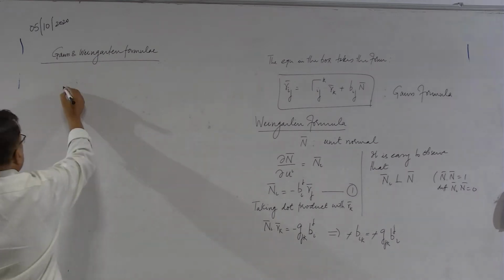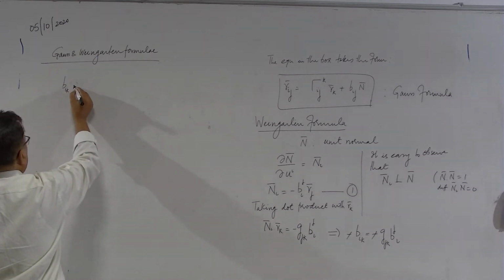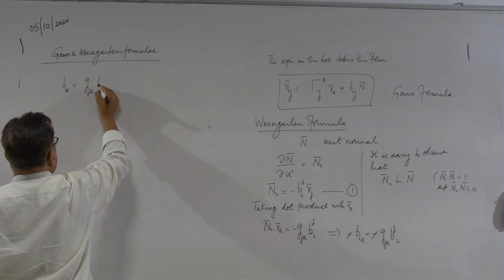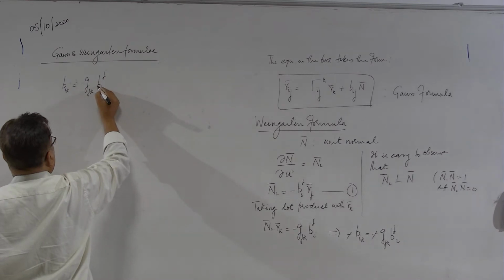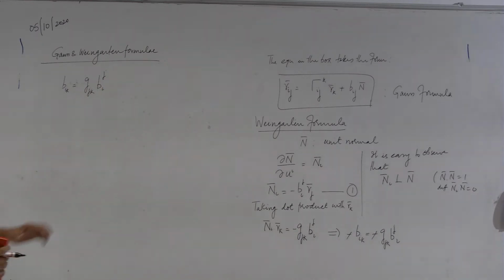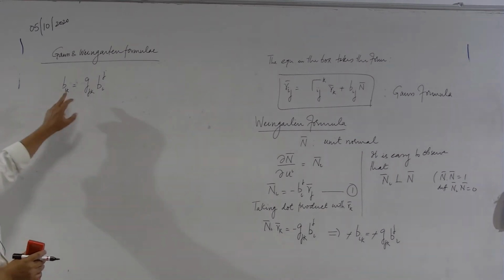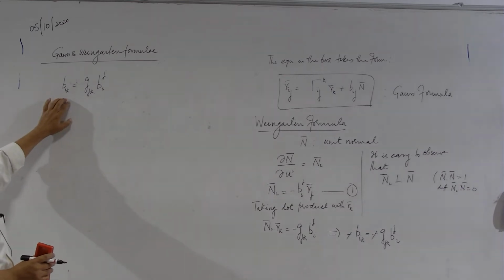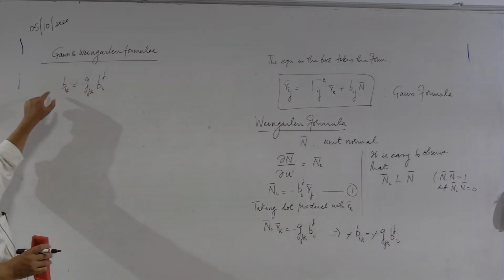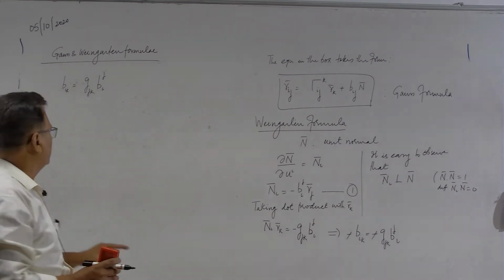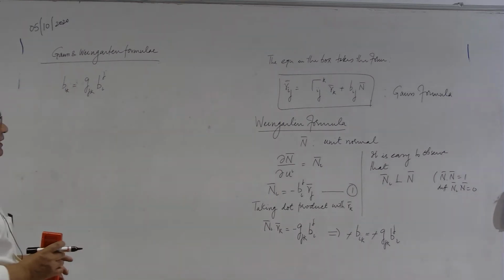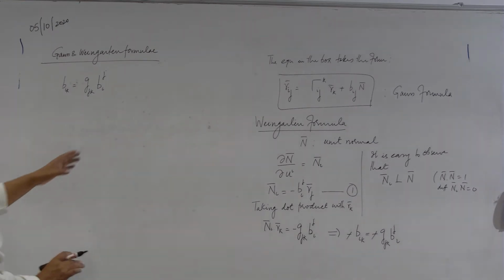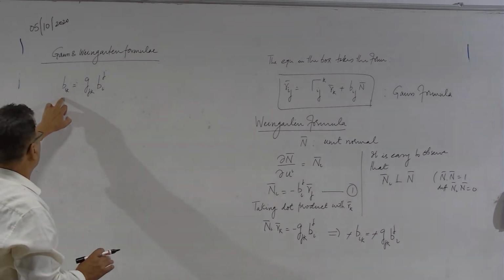that B I k is equal to G j k into B j I. Now, you can see that this B upper j lower I is related with B I k. These are known quantities. So, unknown quantities have been expressed in terms of known quantities. So, this gives you an idea what B j I's are. If you want an explicit expression of B j I in terms of B k I, you can work that out also.